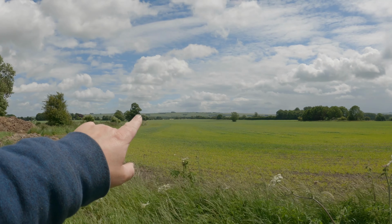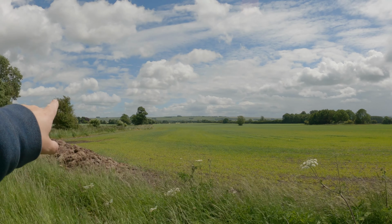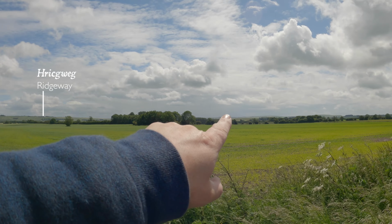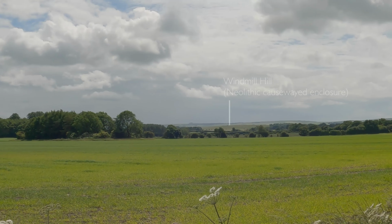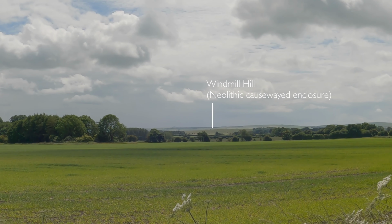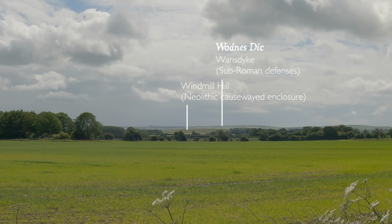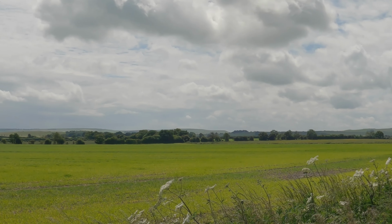But first we need to do a little bit of context. Along there is the Ridgeway. There is Windmill Hill, which is a Neolithic causewayed enclosure with Bronze Age burials on top. Those are the humps. Behind it is the Wansdyke up on the hill. And then going along here we have